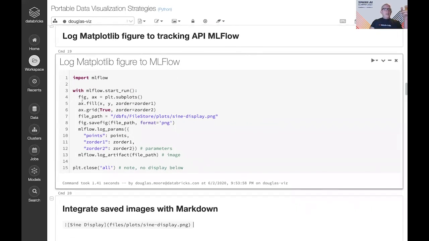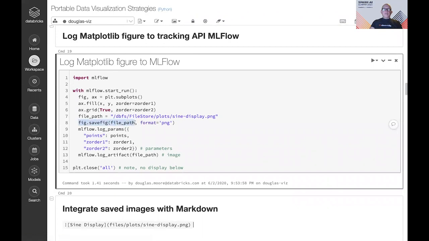So in here, imagine this code was for doing your training and other experiments. Now you want to create some artifacts to prove the worth of your training. And so now you just save that. And you save it to a real file path, because that's what MLflow is going to need here when you log that artifact. MLflow is going to log the file path as a key to it, and then going to take the contents of the image and log that. And now